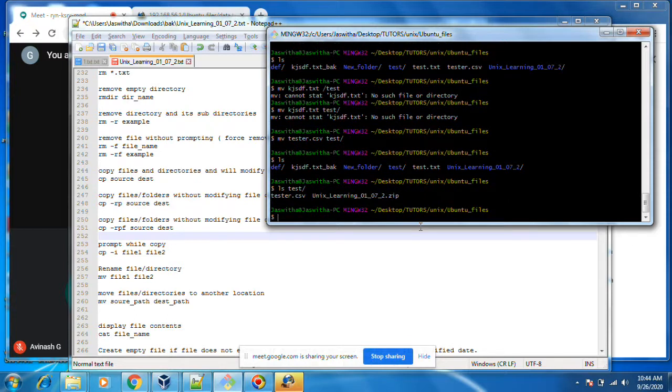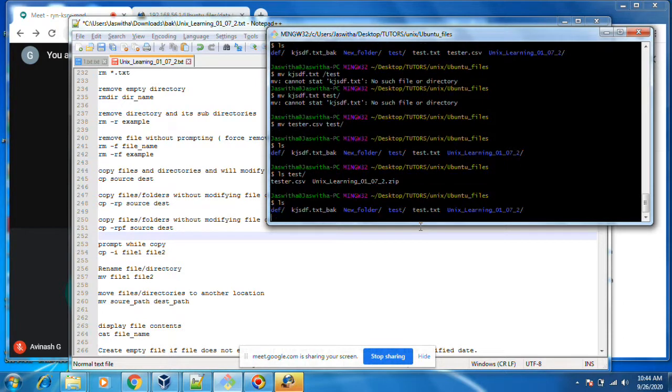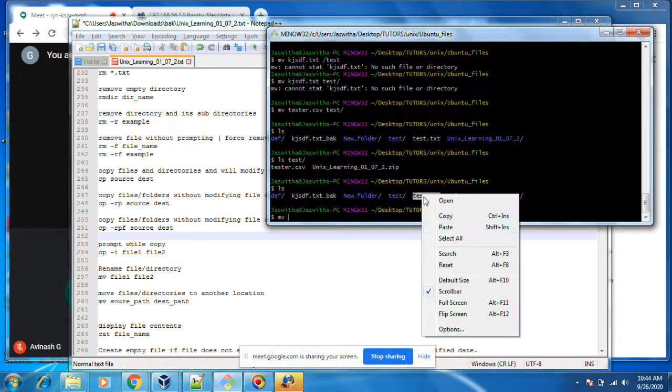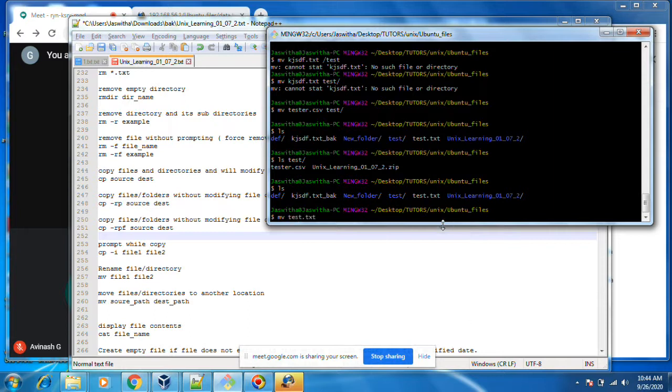Okay. While moving, I want to move and then okay. mv. I am moving this file to the test directory or any directory. New folder with a different name, something with a different name.